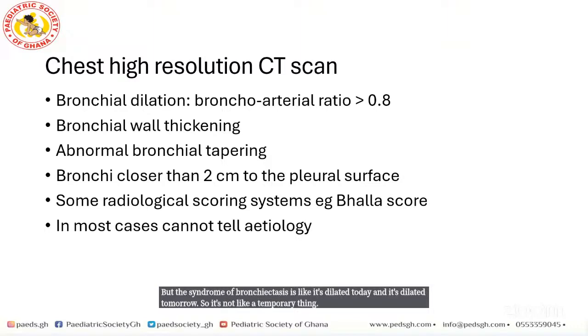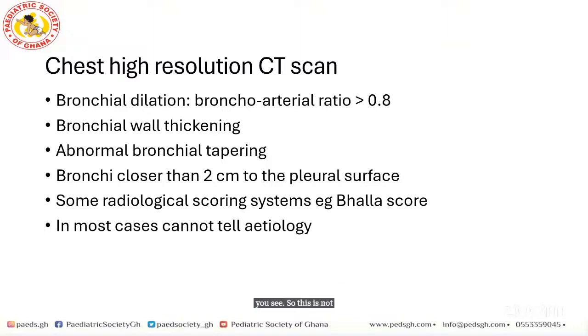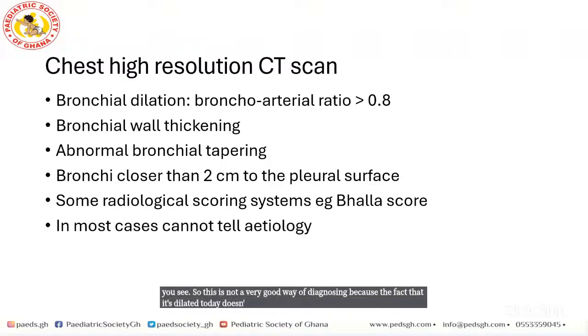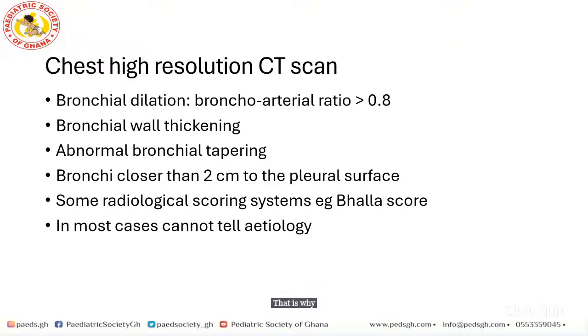So this is not a very good way of diagnosing, because the fact that it's dilated today doesn't mean that it is dilated tomorrow if you do the CT scan. But we don't go and be doing repeated CT scans. That is why it's very important that you investigate only in the context that there is a clinical syndrome. You don't go about doing CT scans for people if their history is not suggestive, because you may find things that do not fit your clinical picture, and maybe you are giving a diagnosis to someone and it's not